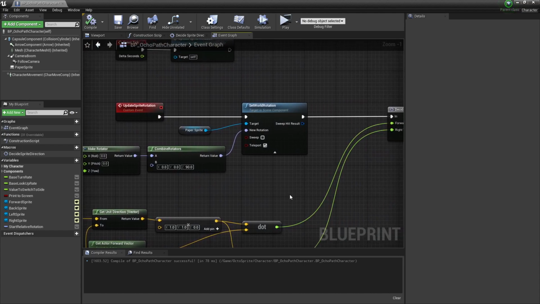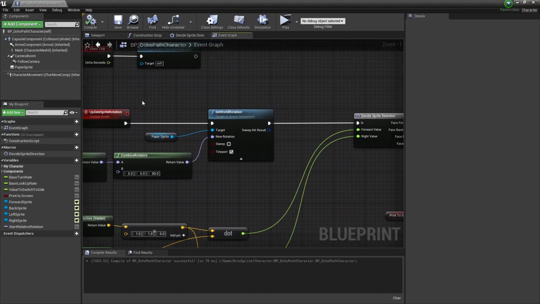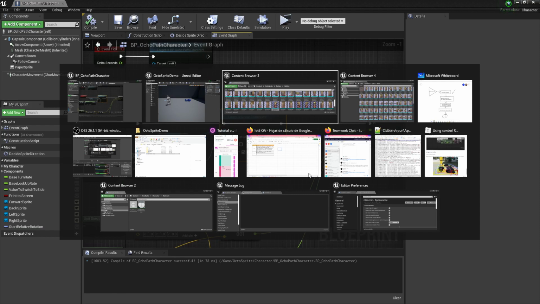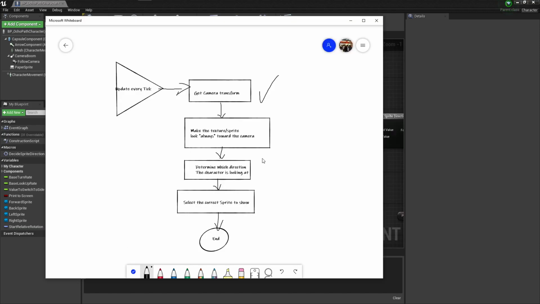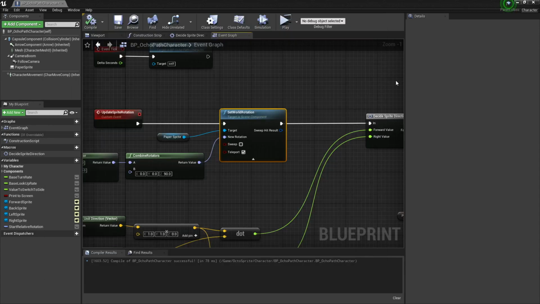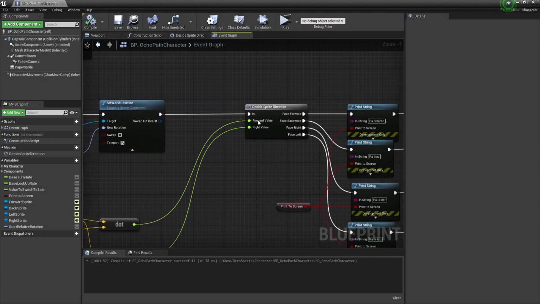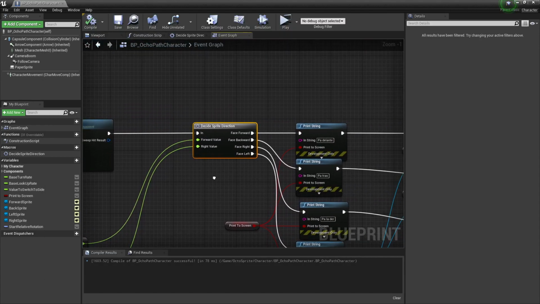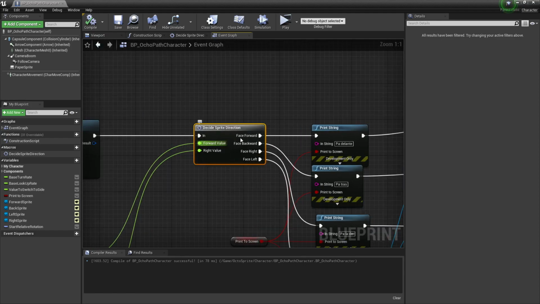And here we just set up the new rotation. That would mean that this part is done. Now we need to determine which direction the character is looking at, so we can select the correct sprite to show. And I have created a macro so it's easier, but the values going into the macro,